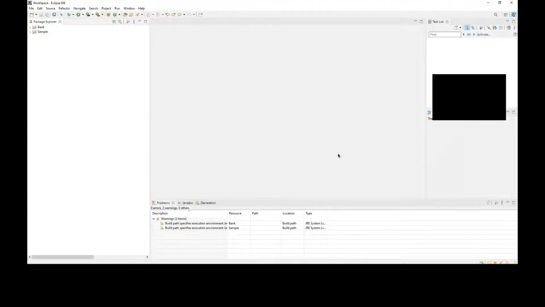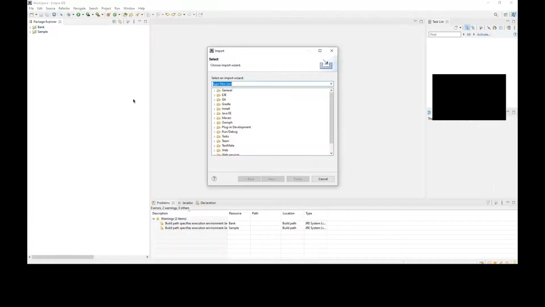Right click on the white canvas and say import. Just Maven.